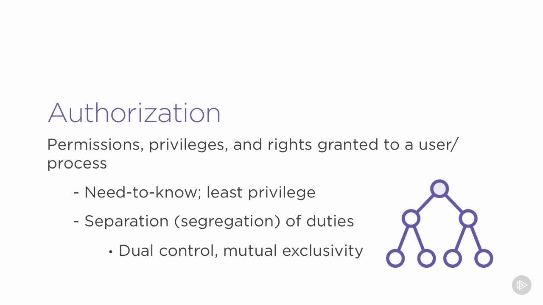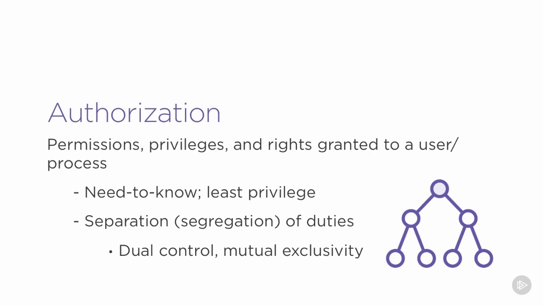This is often done through things such as, we can say here, dual control. Dual control says it takes two people to open the safe. One person knows the one combination, the other person knows the other combination, and both of them have to work together each morning to open the big vault for the bank, the safe for the bank, for example.